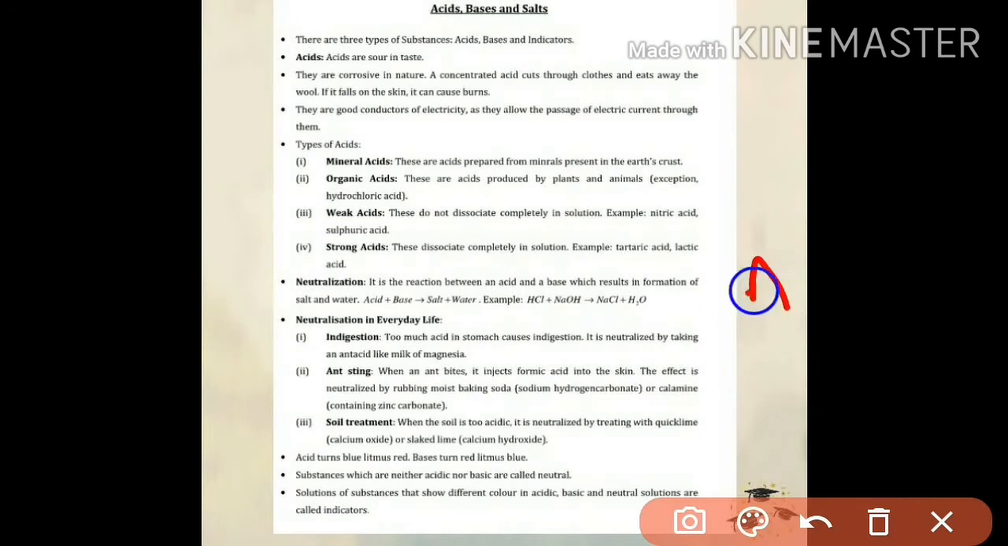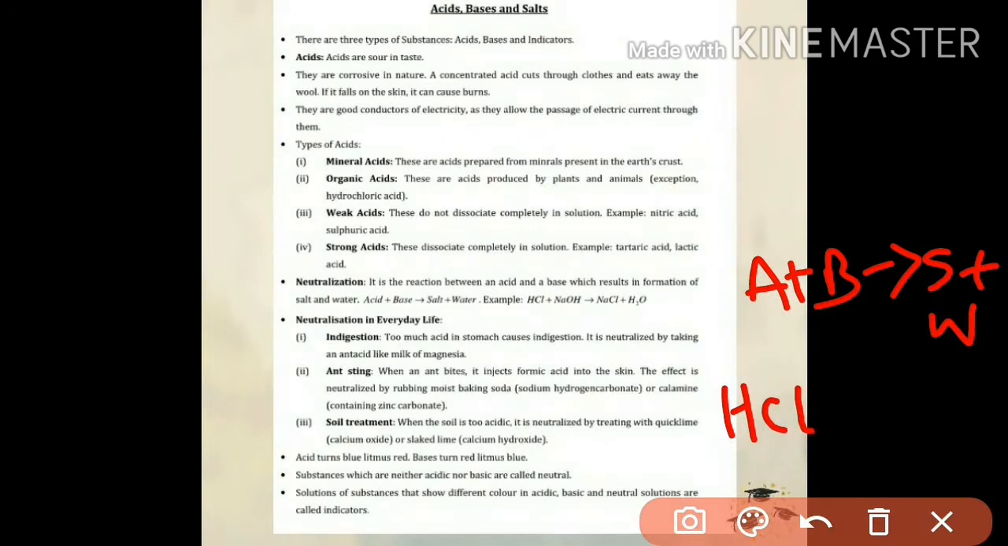Acid, I am referring to acid here as A, plus base, I am referring to base here as B, is equal to salt, I am referring to salt here as S, plus water, I am referring to water here as W. So we can write acid as HCl. HCl is hydrochloric acid, plus NaOH. NaOH is sodium hydroxide. Sodium hydroxide is also known as caustic soda, equal to